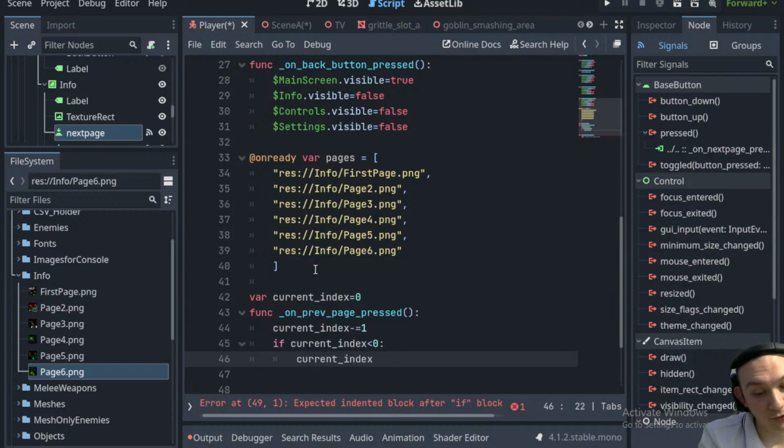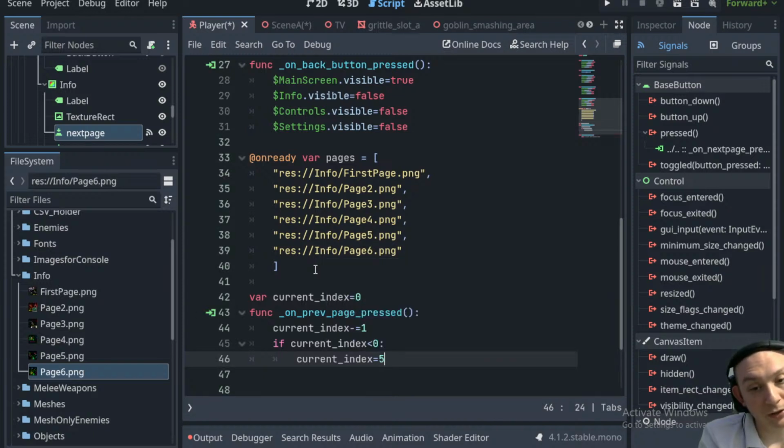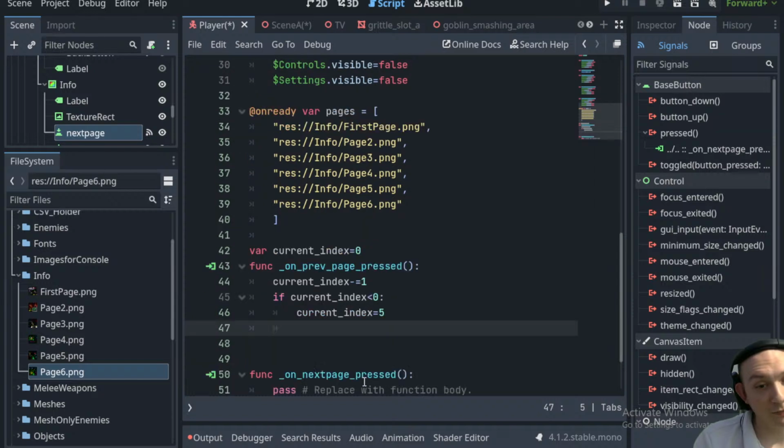Current index equals 5, because I want to move it to this one here, and then at the bottom,